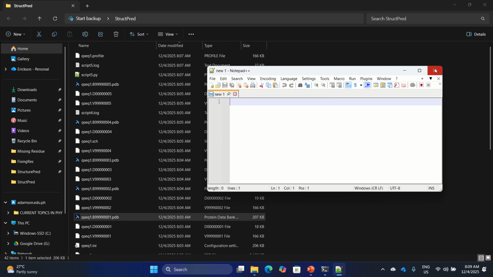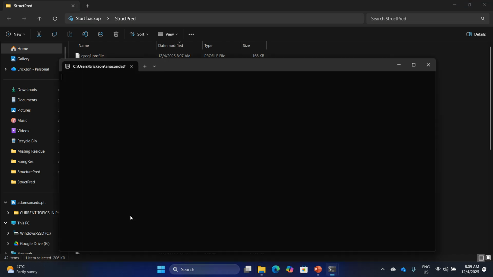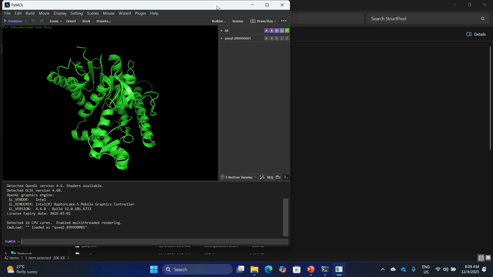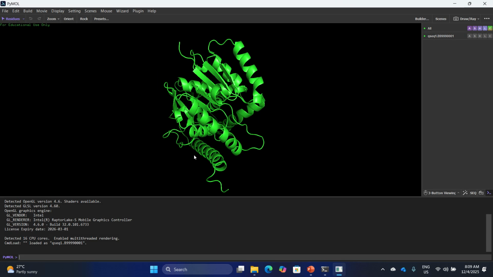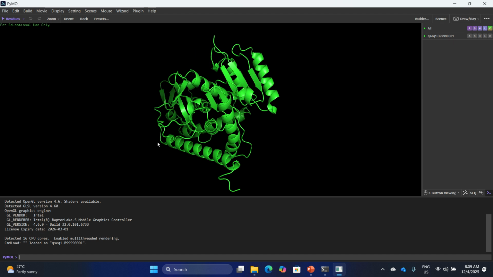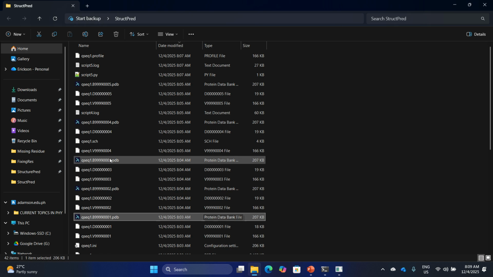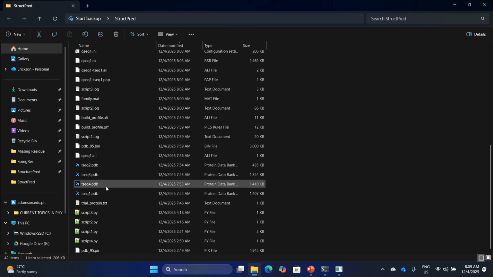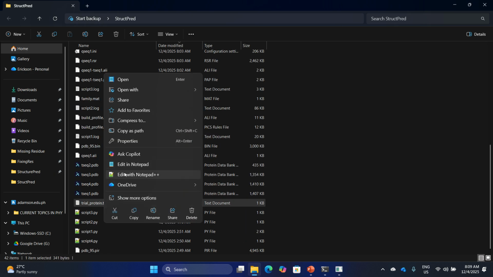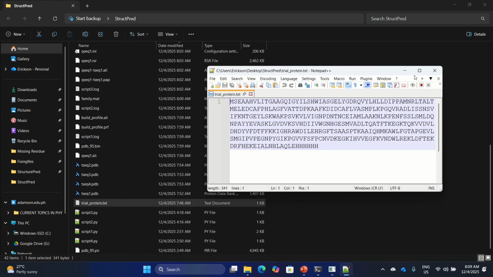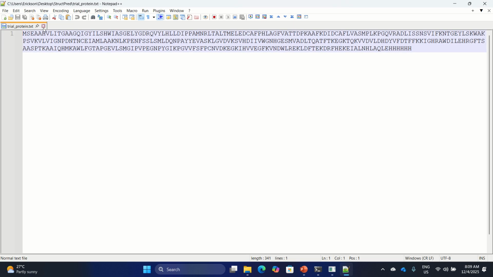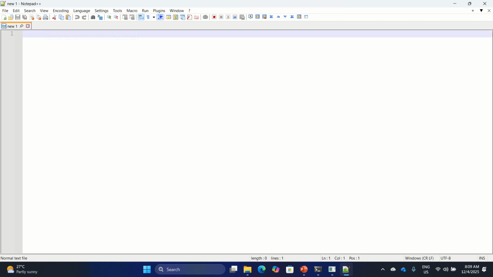We can just double click this file and it will open in PyMOL. So this is a structure that we can use if we want to perform molecular dynamics simulation for our starting protein with no structure. So sa tingin nyo paano siya nagkaroon ng structure?